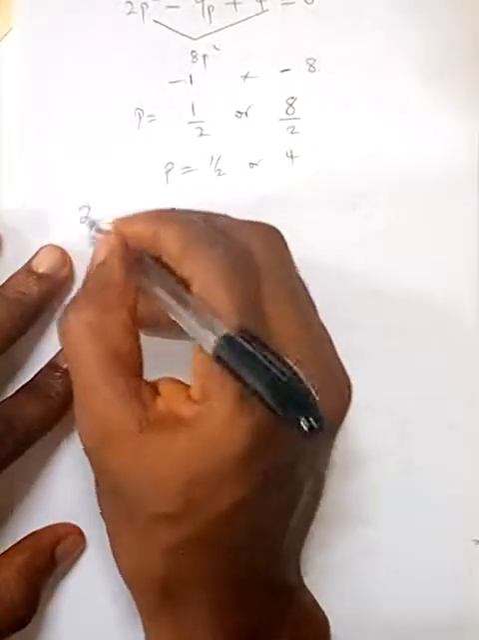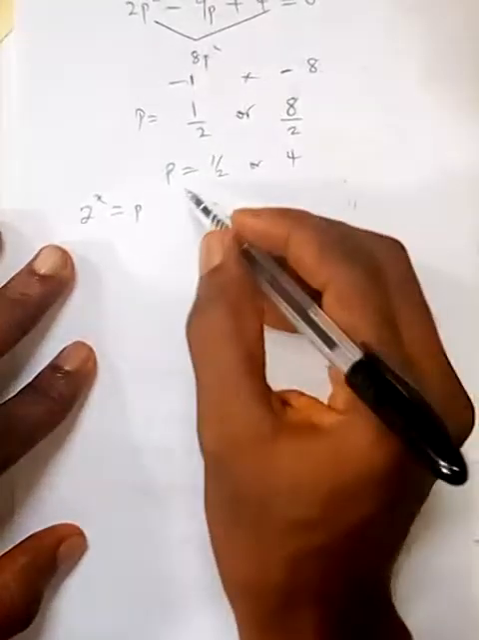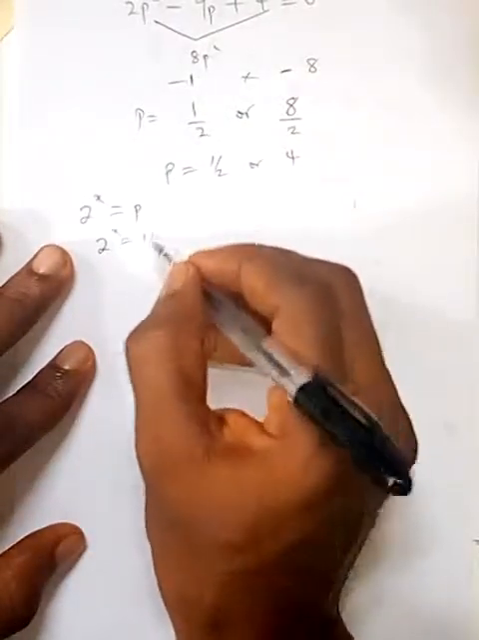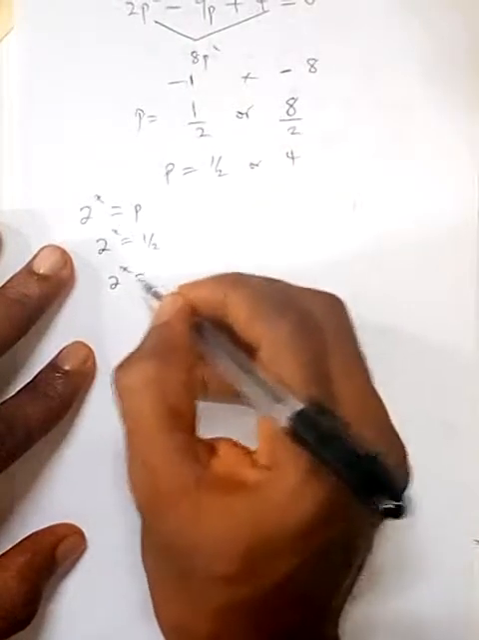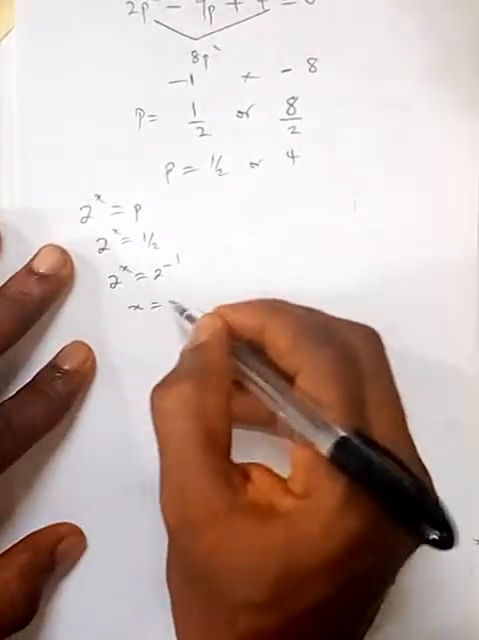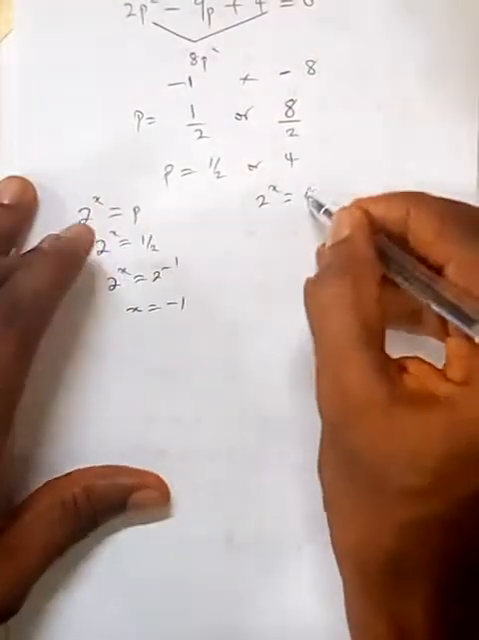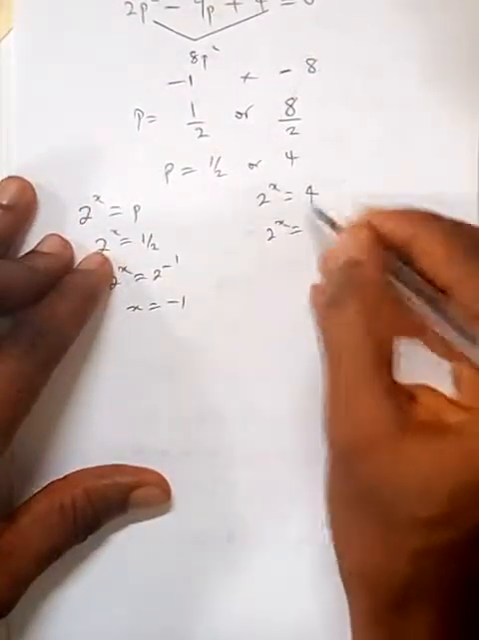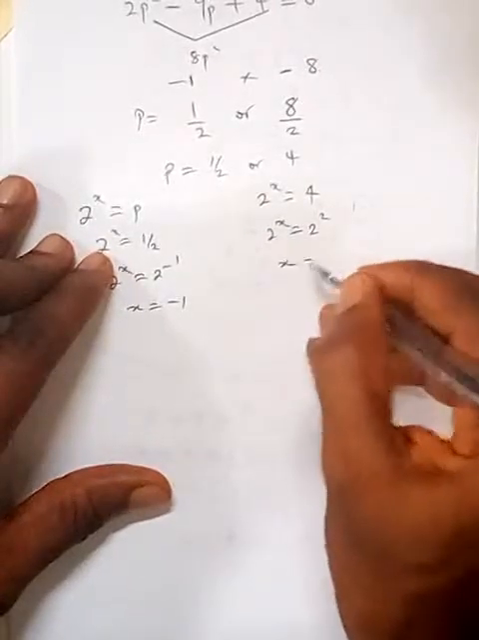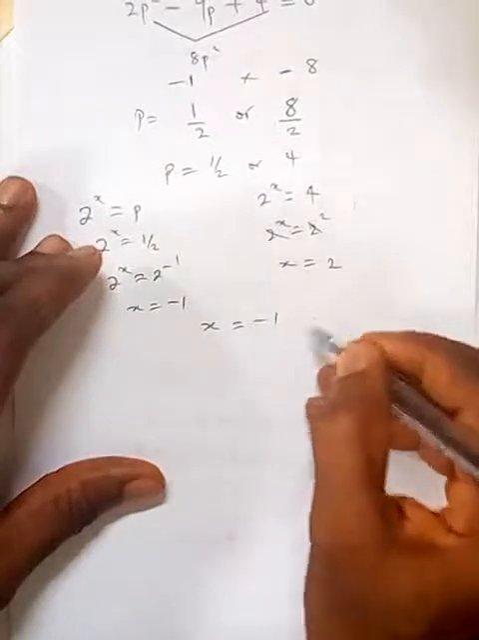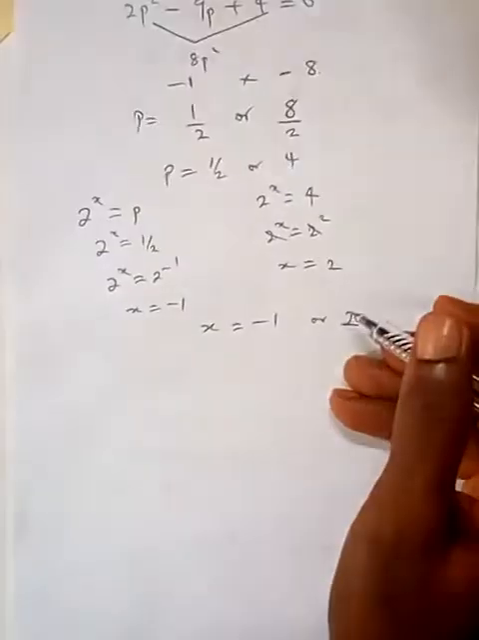We said that 2 raised by s is equal to p. So when p is 1 over 2, it means 2 raised by s is equal to 1 over 2. What's 1 over 2, please? 2 raised by minus 1, so s is equal to minus 1. Then 2 raised by s is equal to p. When p is 4, 2 raised by s equal to 4 is 2 raised by 2, so s is 2. So s is equal to minus 1 or 2. Okay,